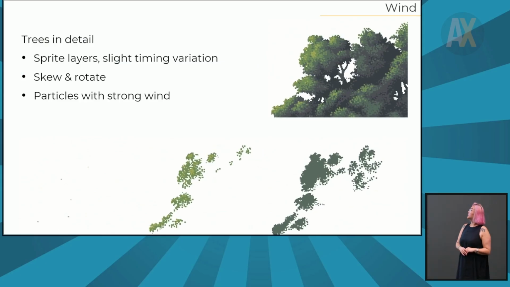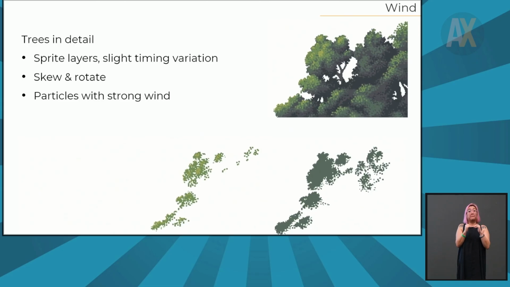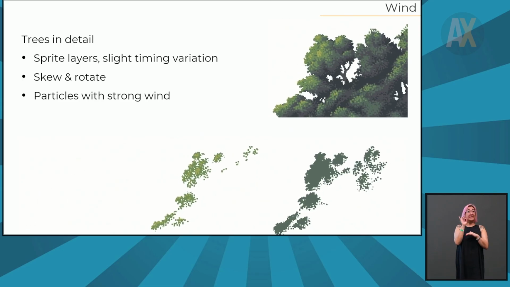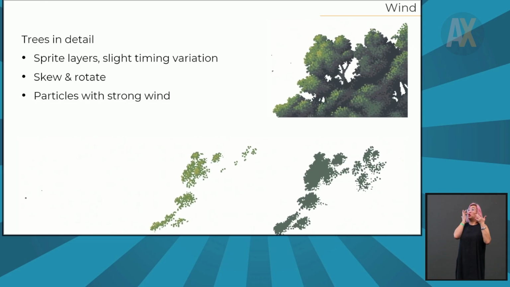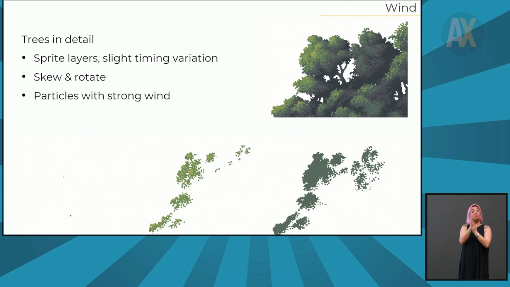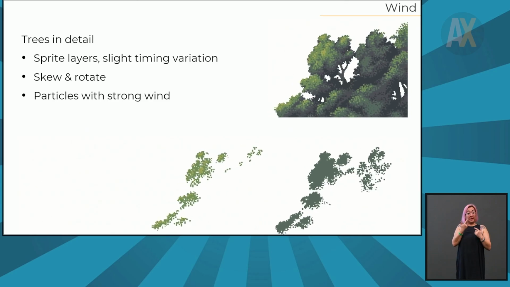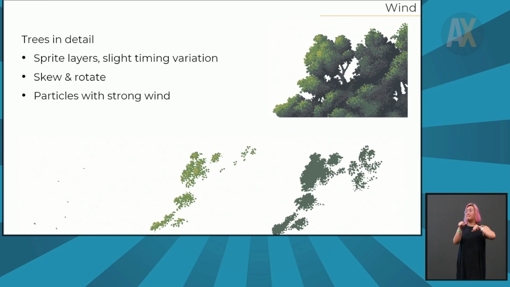So let's break it down and look at one piece at a time, starting with the trees here. Here we'll find that it's actually just a bunch of sprites layered on top of each other. In this case, I'm showing 2 of the sprite layers here. There's actually 4 up in the tree on the right. We then move each layer with a slight offset in time, which creates more of a 3D effect. The movement itself is just skewing and rotating the sprites, where pixels higher up on the tree move further than